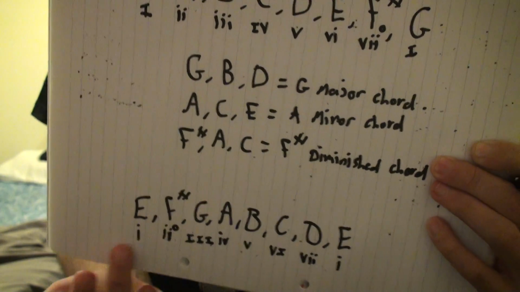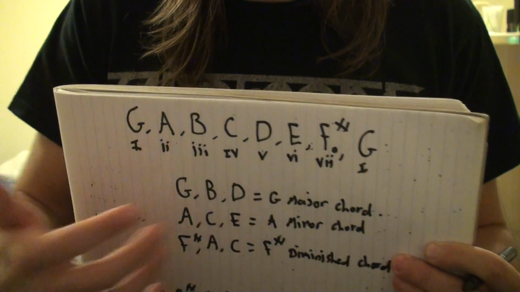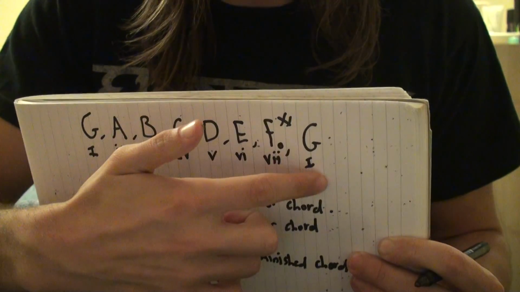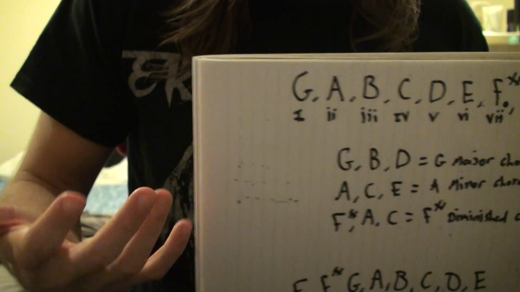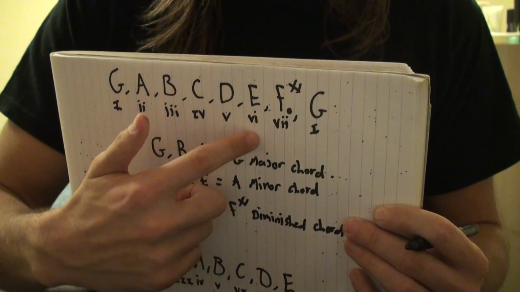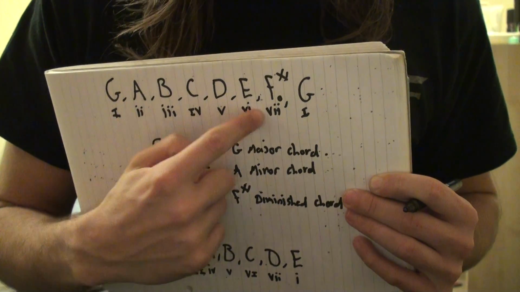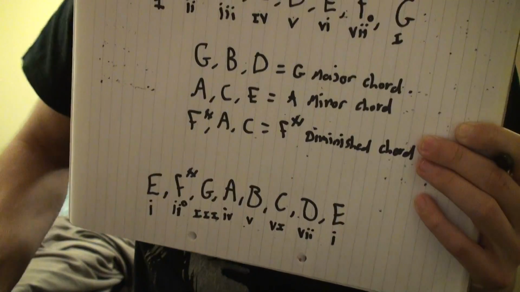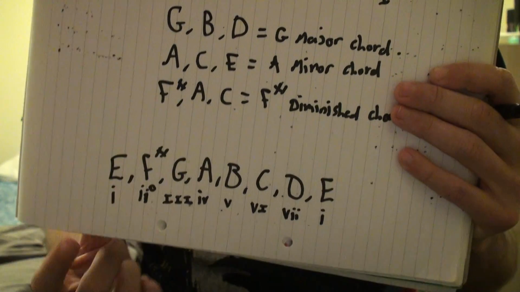Every single minor key will follow this pattern, and every single major key has a relative minor. So if you want to work out a major key, then write all these below it, and then you want to remember what the minor chord spelling system is. You can just take whatever key you're in, take the relative minor note and then write them out from there as their new intervals, but keep the values the same. Okay? Or if you want to disregard all that and just remember that this is how you work